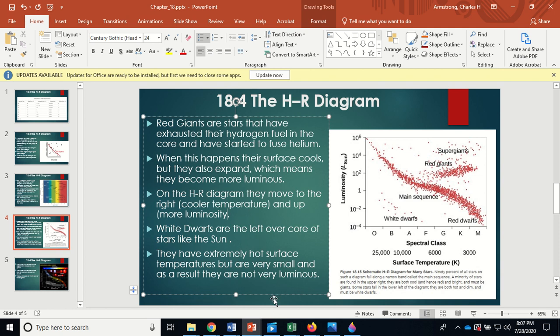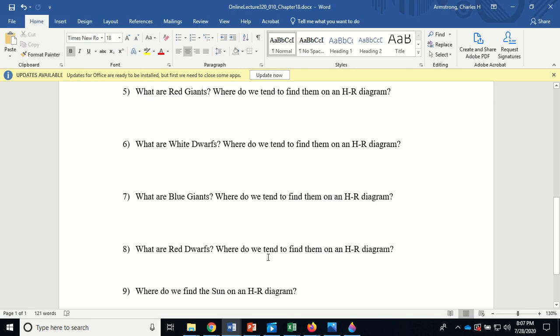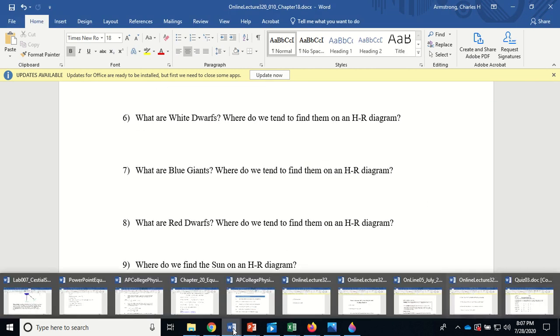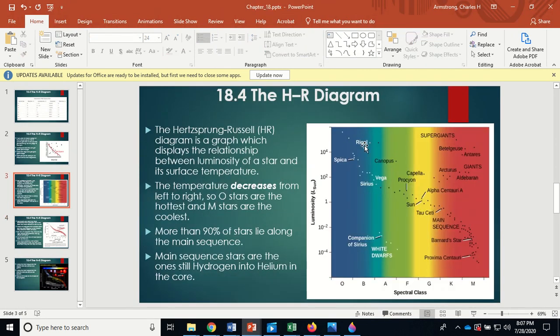And then blue giants, now if we go back to the other picture, blue giants are still in the main sequence. Okay, blue giants are still in the main sequence. They're here, okay? These are main sequence stars and they're blue. So these are called the blue giants. Red giants have left the main sequence. Blue giants are still on the main sequence, but blue giants will eventually become red giants and go supernova in